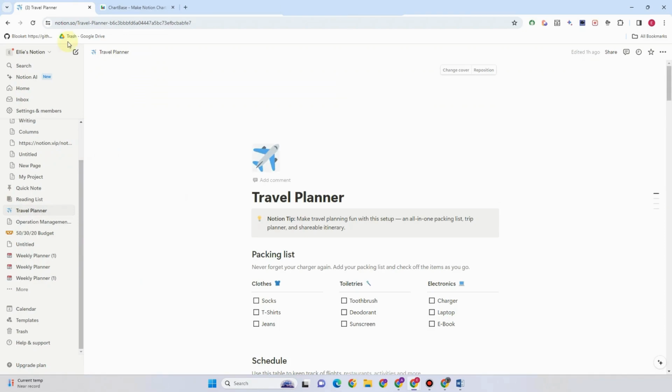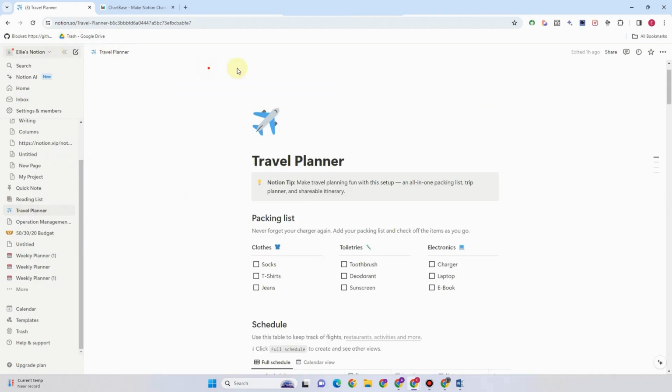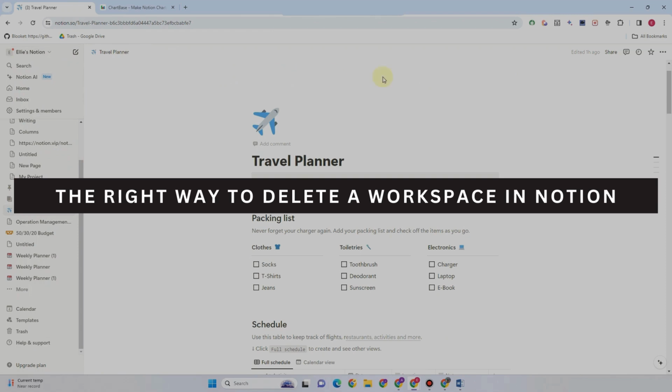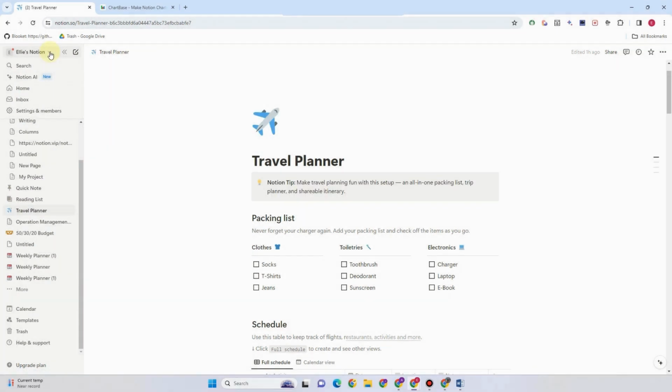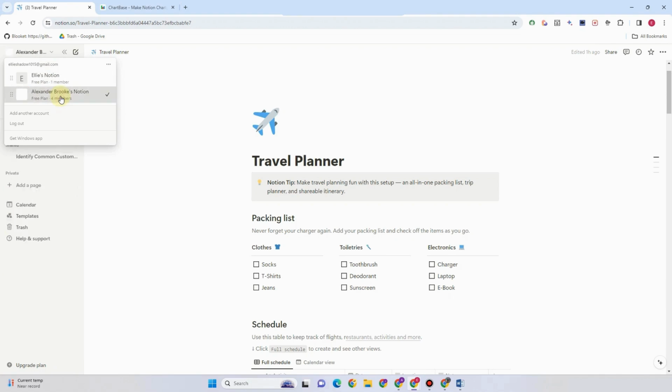Hey guys, welcome back. In this video, I will be showing you the right way to delete a workspace in Notion. So if you find this workspace unnecessary and you want to delete it,